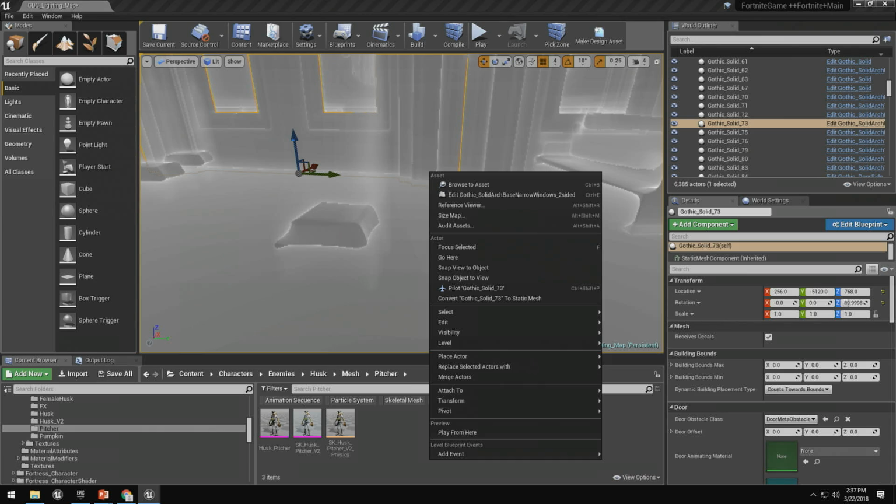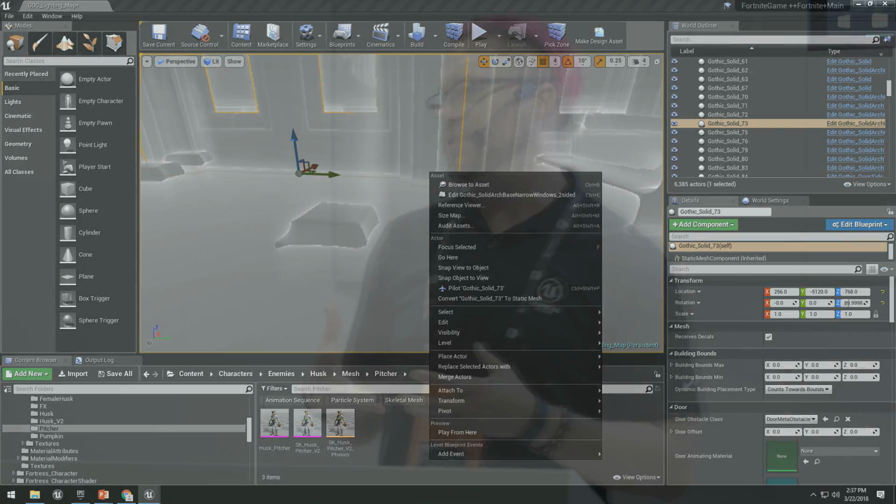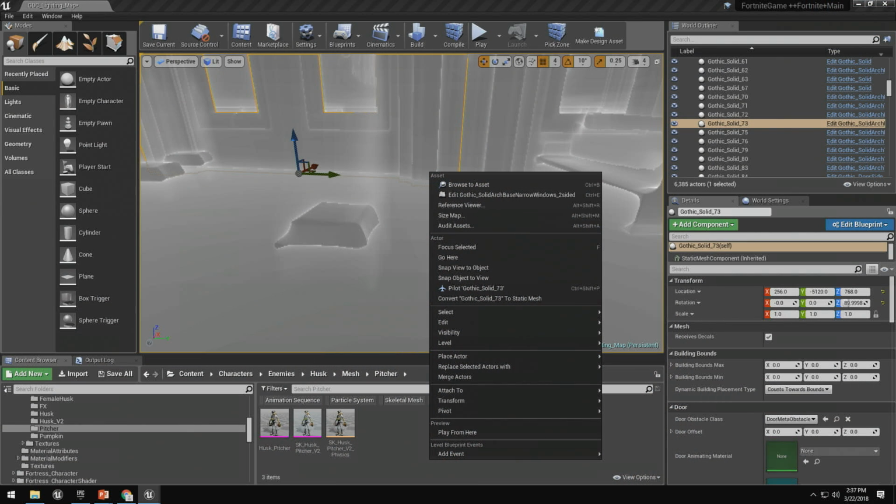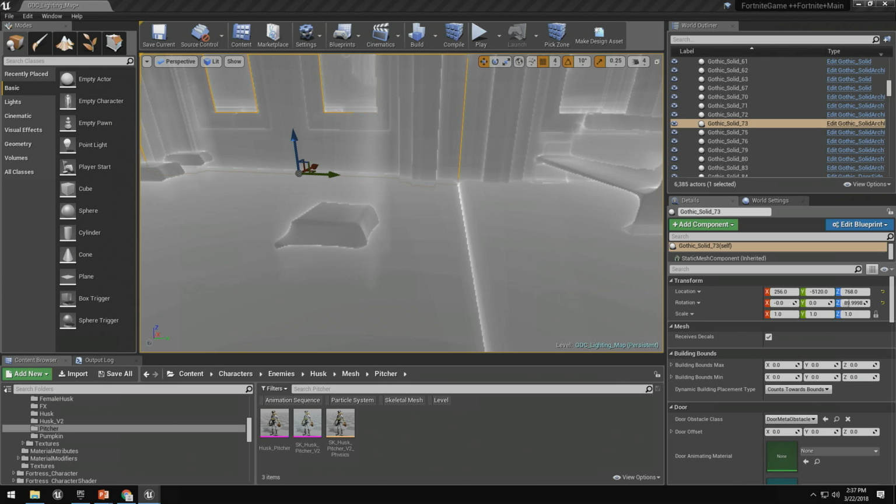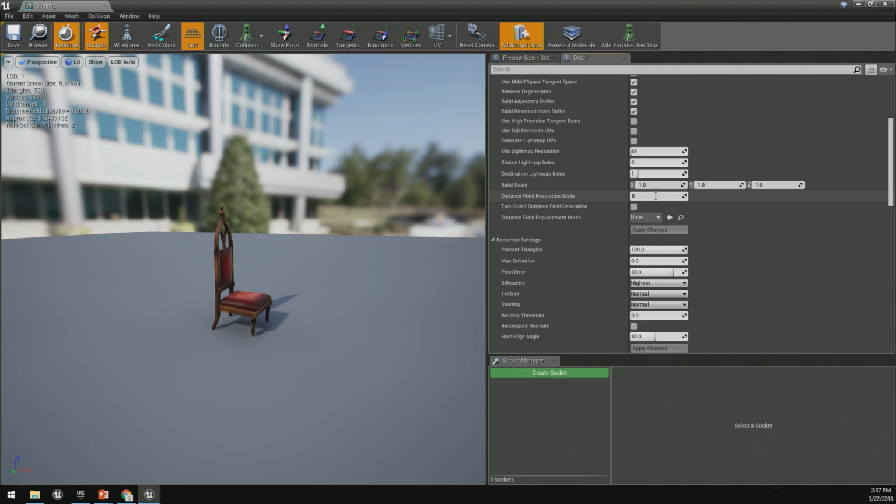On the one hand, I mentioned earlier that we store mesh distance fields as texture data, and those eat up memory. Right now, if we take a look in the viewport, and I know it's virtually impossible to read from out there, but up in the upper left corner in my static mesh editor, you can see that we're eating up 0.00 megs of data. I'm sure there's a number down there somewhere, but it's so low that we don't even really feel it. However, I can change the scale value. Let's set it up to something really ridiculous like 5.